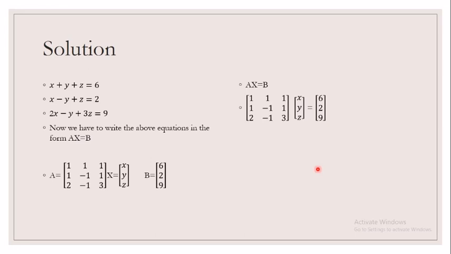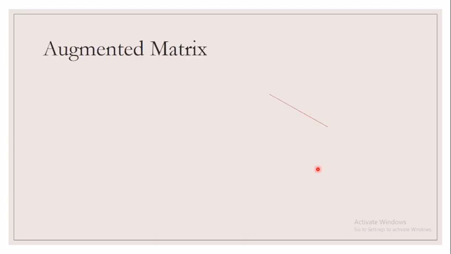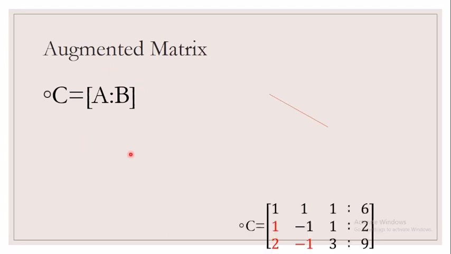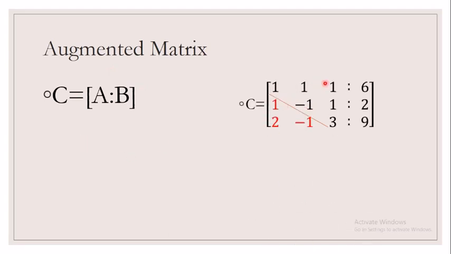Right. Now what is the next step? Just remember the working rule of the Gauss elimination method. Yes, you have to find an augmented matrix of the form A | B. Now I have given your A over here, then to the right-hand side, that is 6, 2 and 9. Now I just found that, okay, this is the next step.